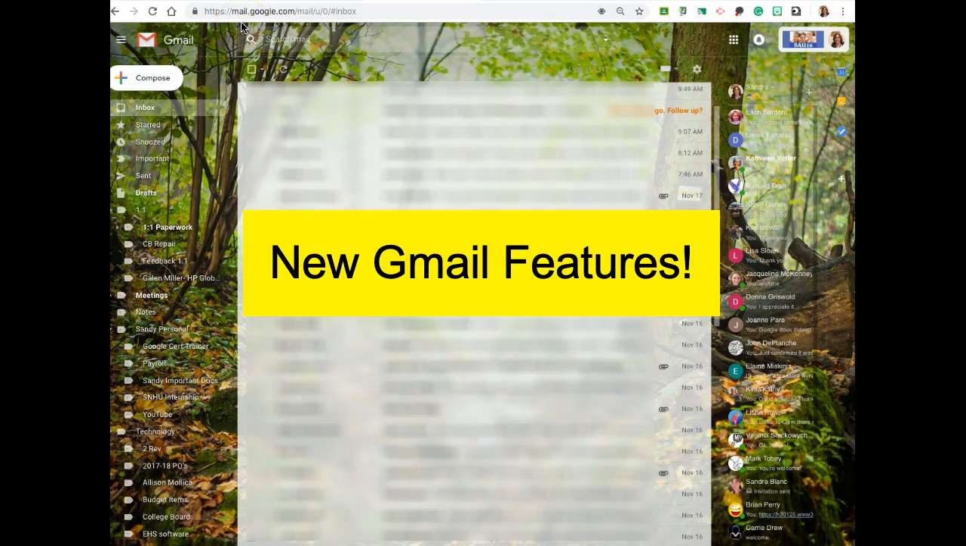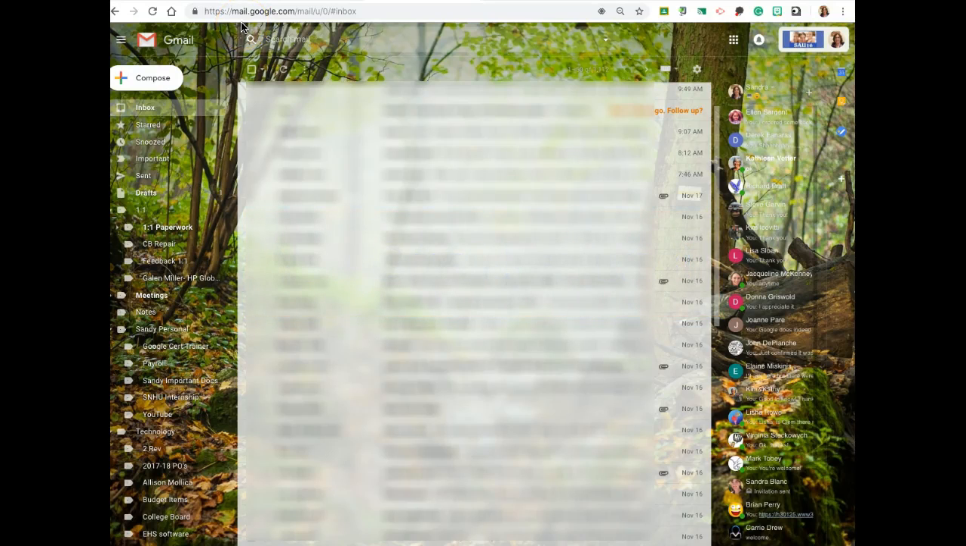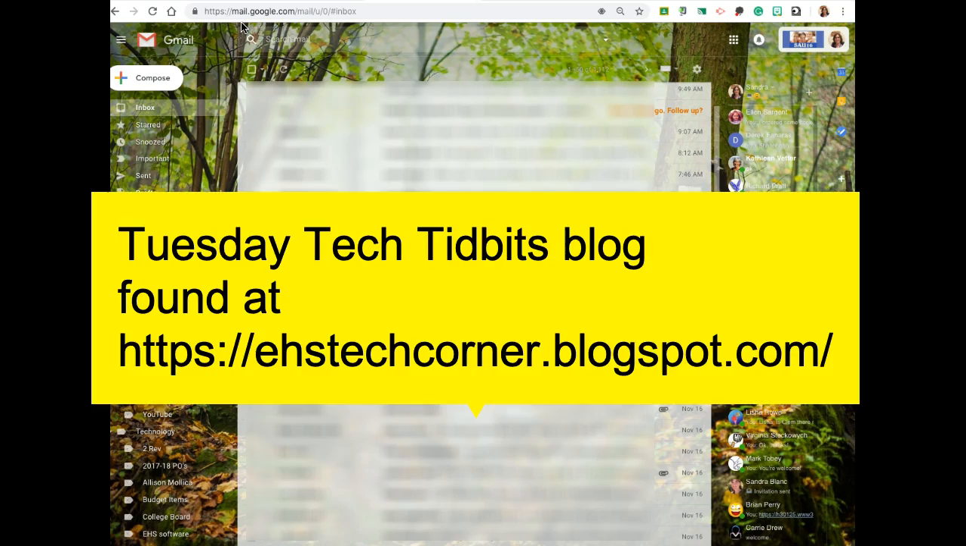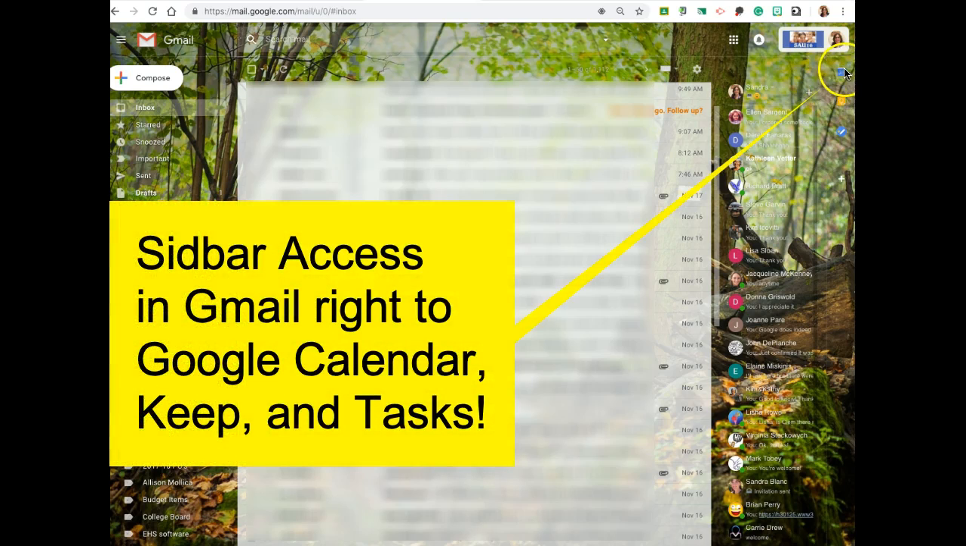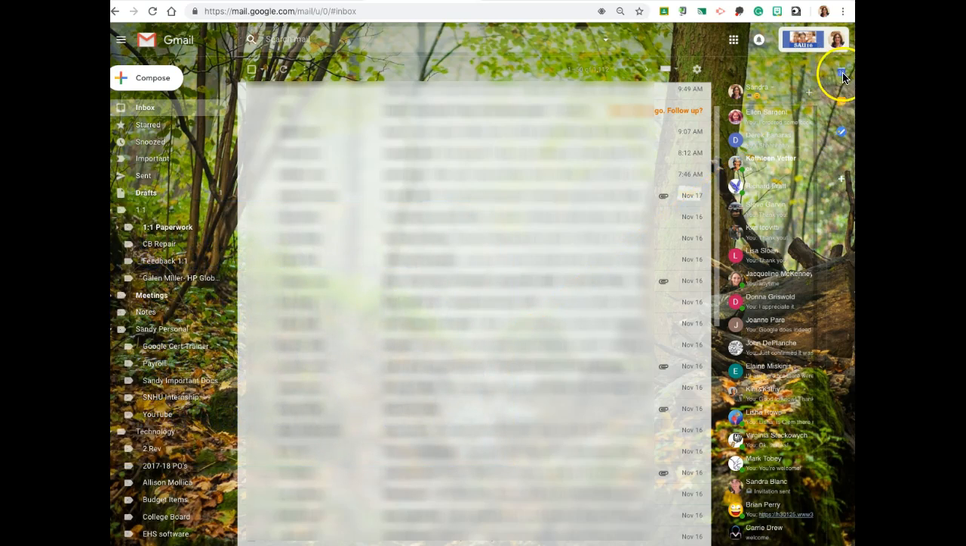Today, I'm going to be showing you some of the new features of the new Gmail. If you are reading my blog, then you can follow along the features that I pointed out, starting with the sidebar access. So the new Gmail, you may or may not have noticed on the right-hand side that you can